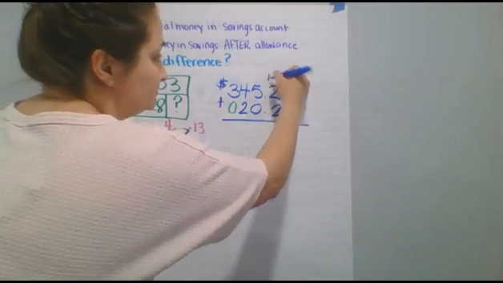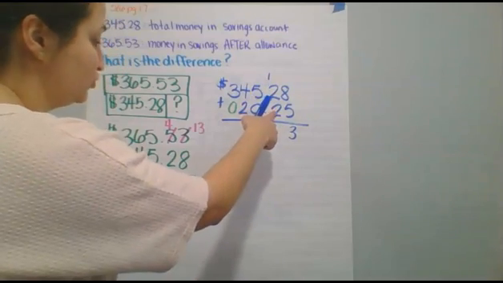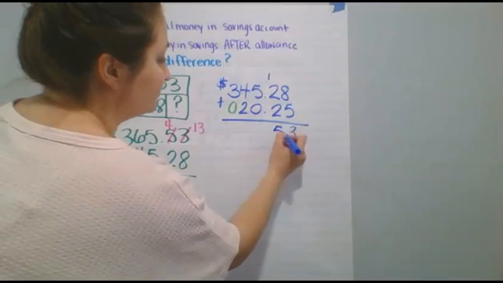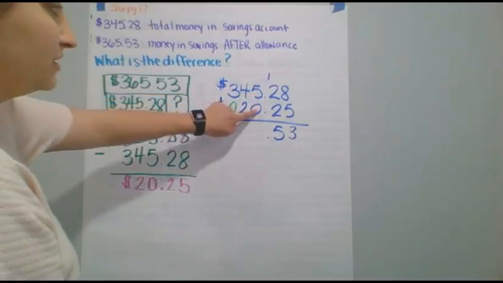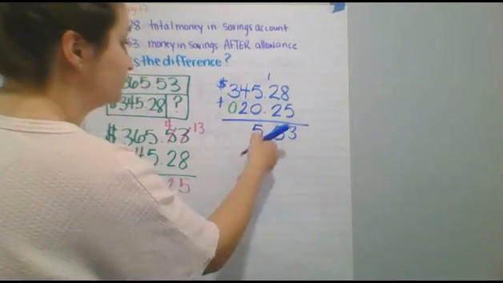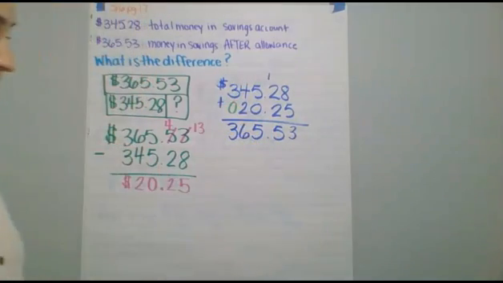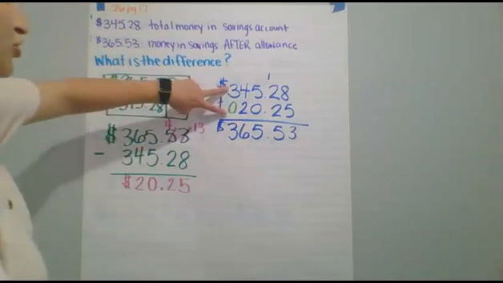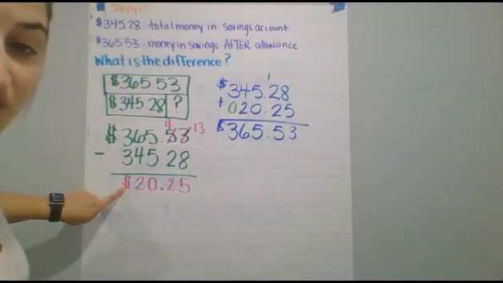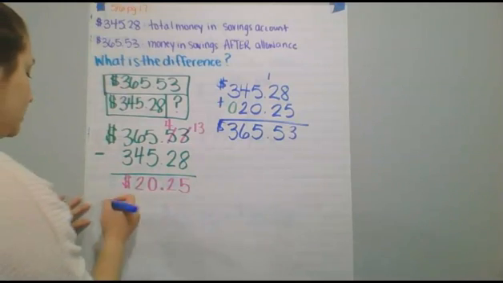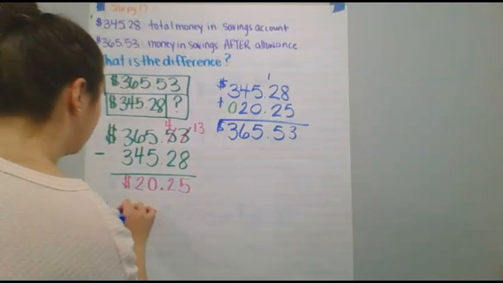8 plus 5 gives me 13. 2 plus 2 is 4, plus 1 is 5. Bring your decimal straight down. 5 plus 0 is 5. 4 plus 2 is 6. 3 plus 0 is 3. So our two parts equal our whole. So that means for her allowance, she earned $20.25. So my answer with my unit, make sure your unit is a dollar sign, is